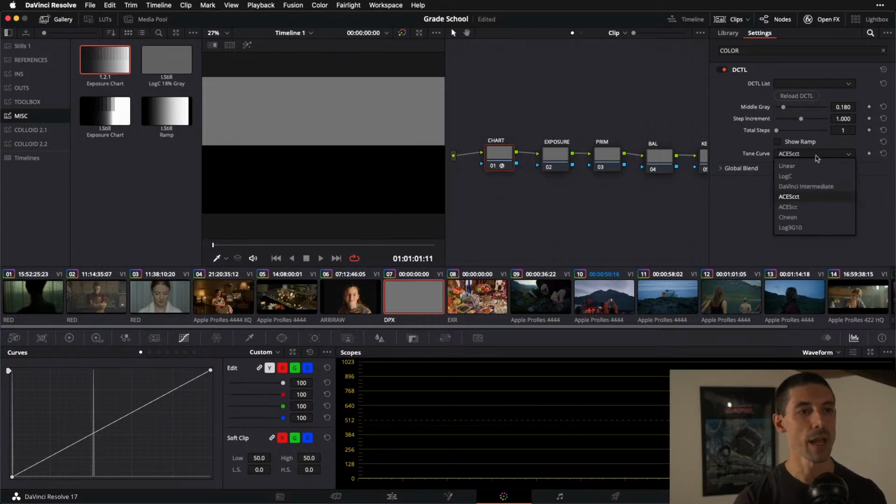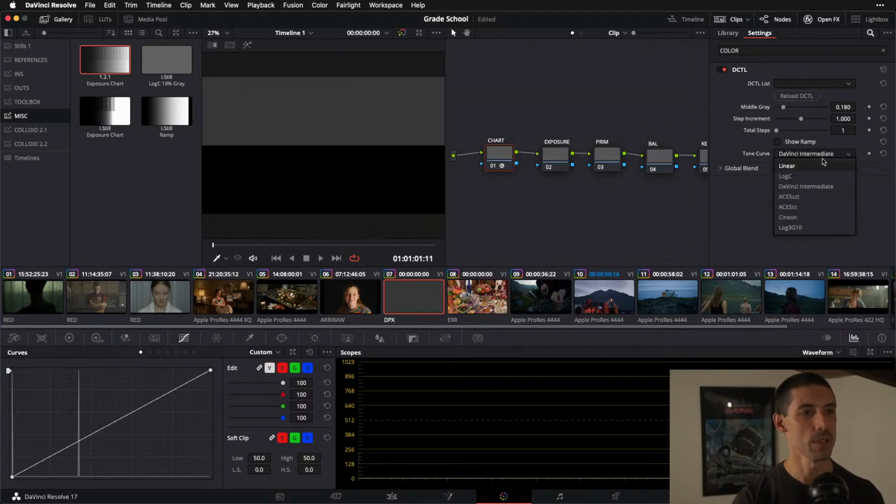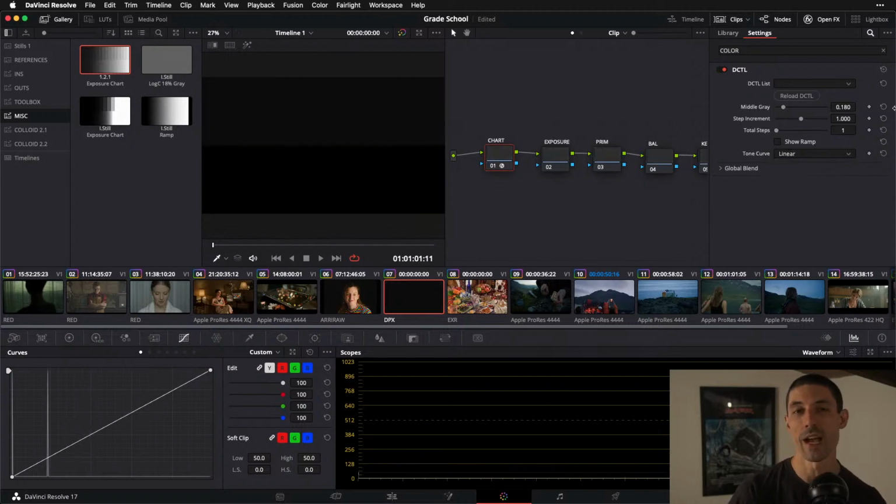You'll see mid-gray plots in different places for different tone curves. So the geeky answer is to run it through the actual encoding curve, the actual formula that gets used for those different